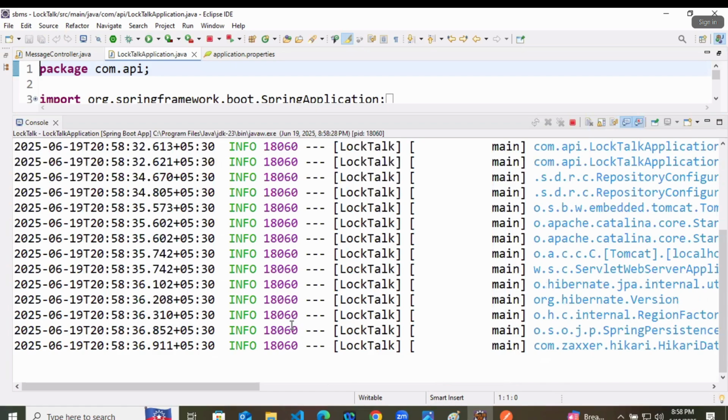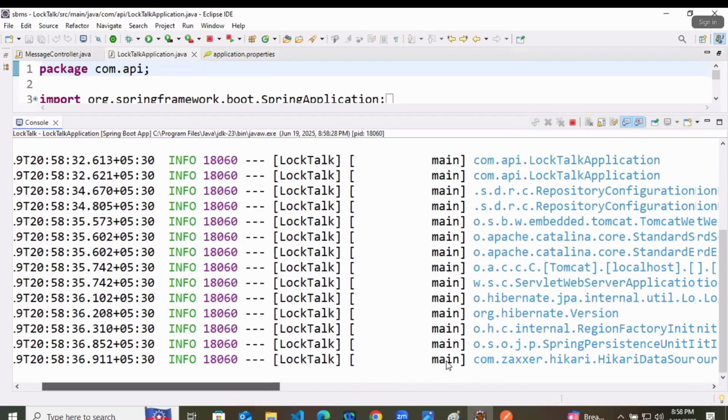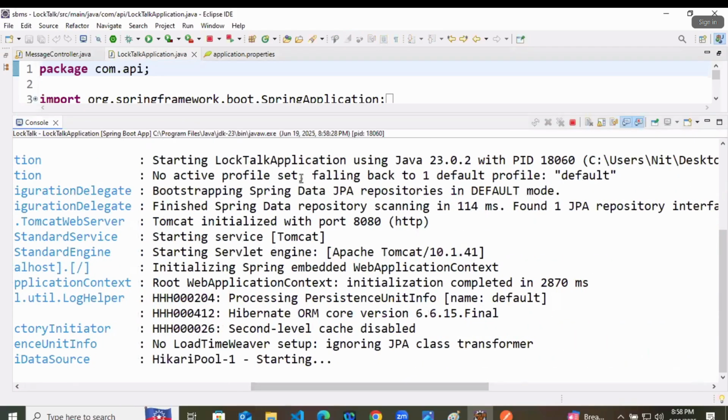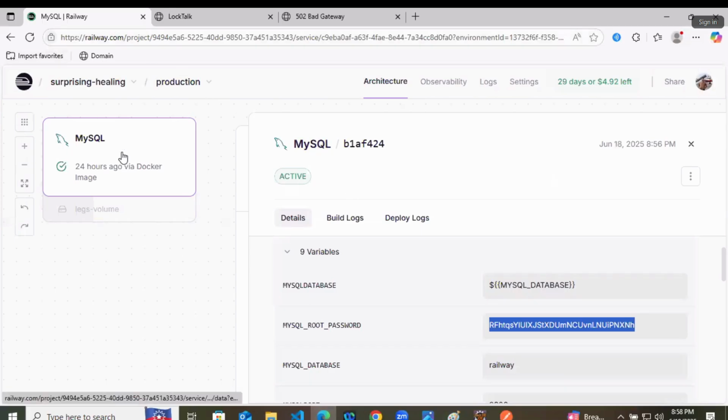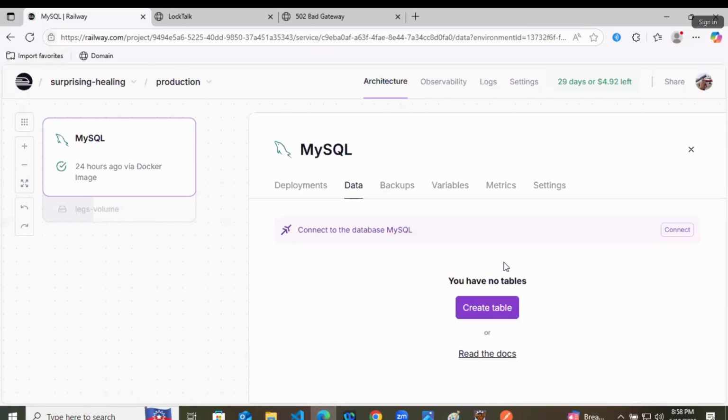Our application is running, no problem. I will go there and refresh the services. So here you will see that we are supposed to get the table, but we are not getting any table. No problem.